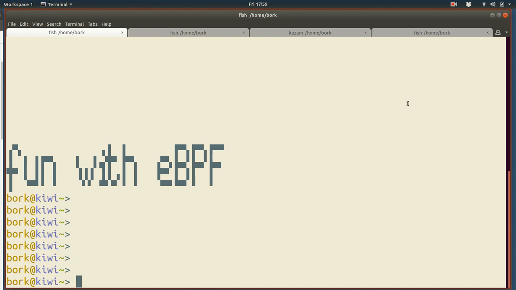So first, maybe for 1 second, what is eBPF? Basically, eBPF is a language that you can use to spy on what your computer is doing. One example of a way that you can spy on what your computer is doing is seeing what files it opens. So if we run